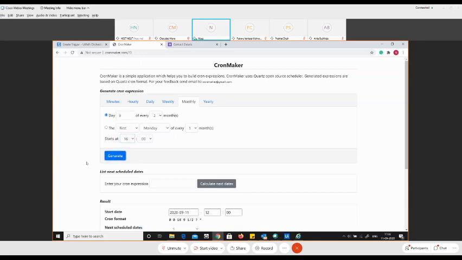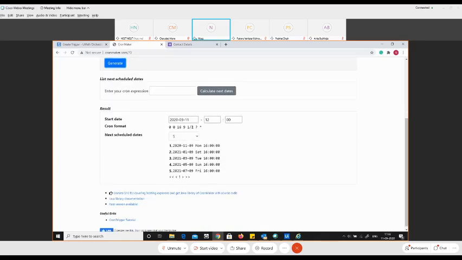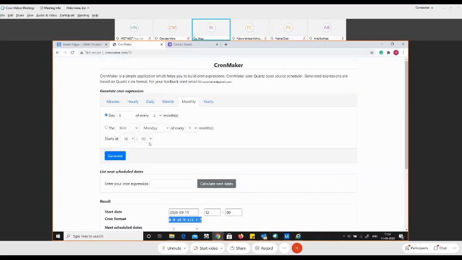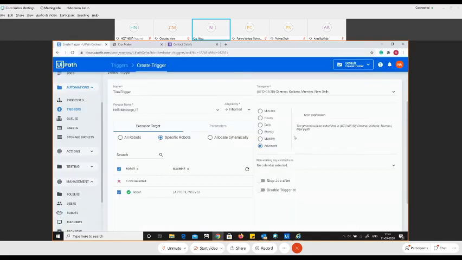I'll say generate the cron. So this is the cron expression for it. This is equivalent to every ninth day of every coming 2 months. Today is September, October, November. So in November the bot will run, and then December, January the bot will run, and so on and so on. You just need to paste the cron expression over here. So this is equivalent to what we have set over there.